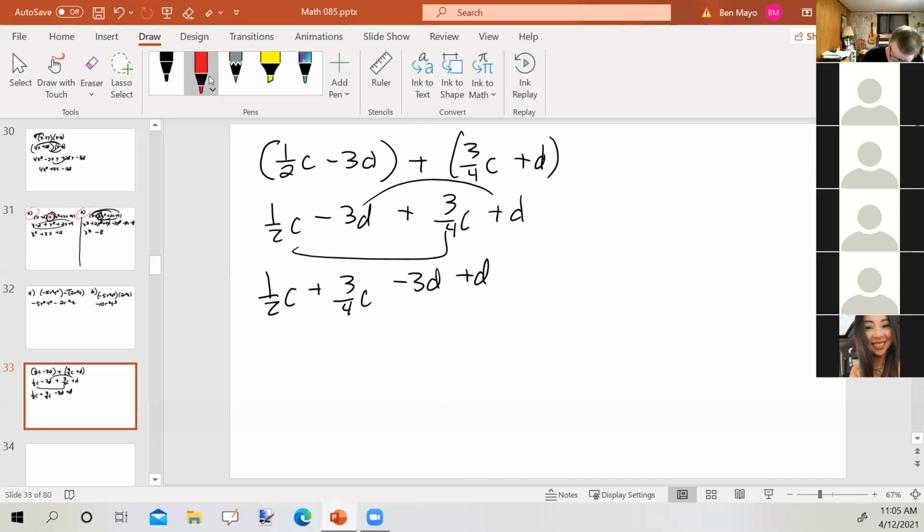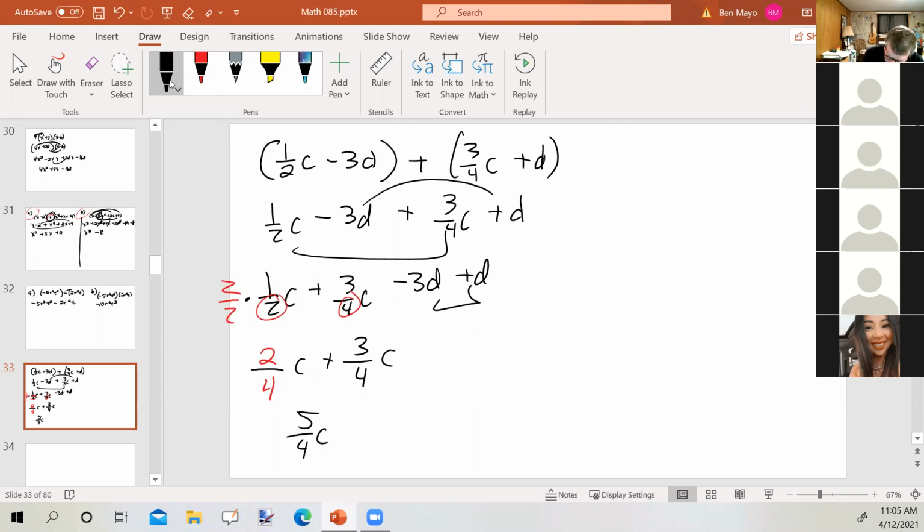What's the least common denominator of 2 and 4? Anybody? Is it 2? 4. It's a 4. So that ain't broke, don't fix it. We're going to have to multiply this by 2 over 2 to get 2/4. Okay? So now I've got 2/4 c plus 3/4 c, which is 5/4 c. And then plus, oh, not plus, minus